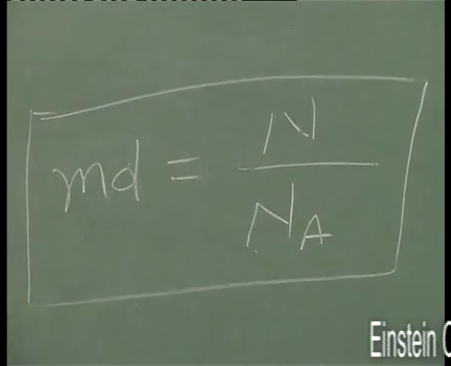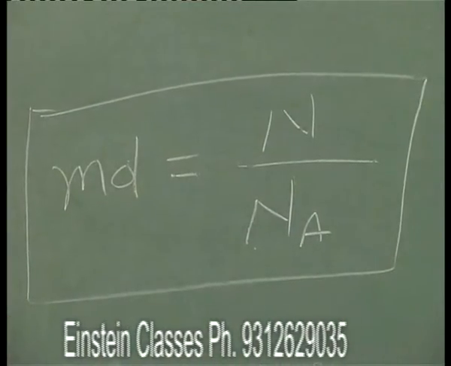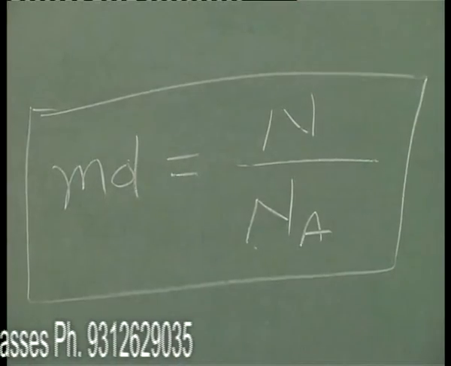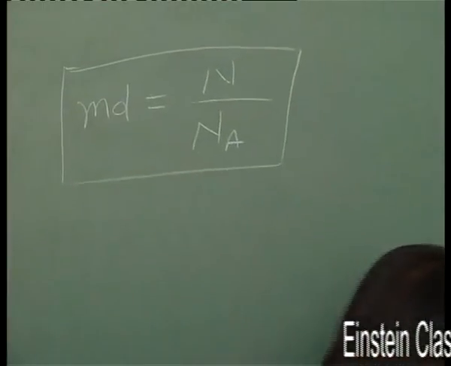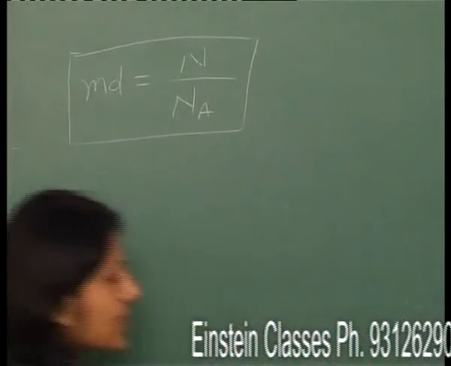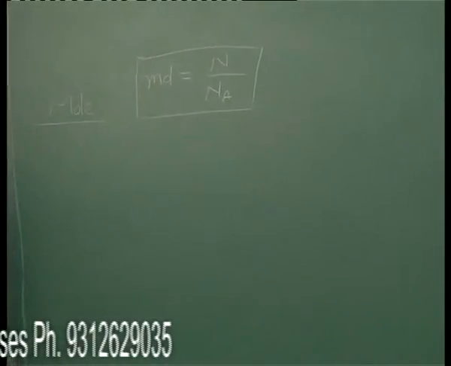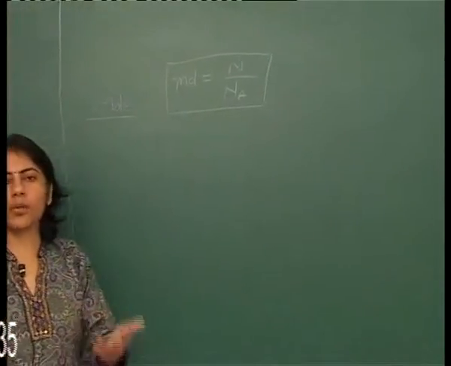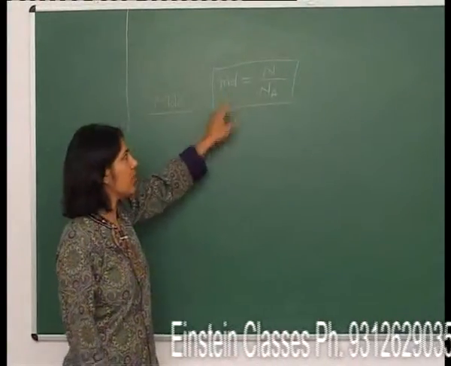If I combine both concepts, if we need to calculate the number of atoms, then there are two methods. Conceptually we can solve that 1 mole of substance contains 6 into 10²³ atoms, so how many atoms will 2 moles of substance contain? Or we can do it simply by putting the value in this formula.